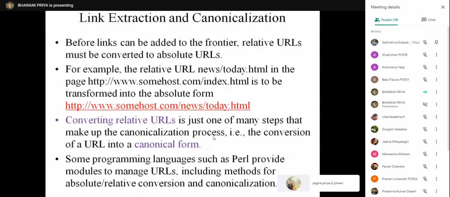Simply saying, converting a relative URL into an absolute URL is one of the forms of canonicalization. And some programming languages such as Perl provide modules for this canonicalization.